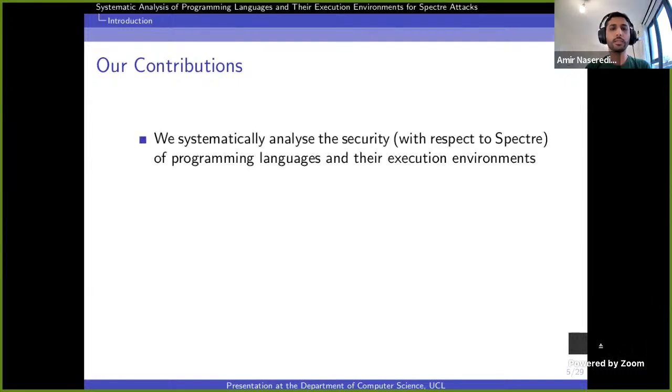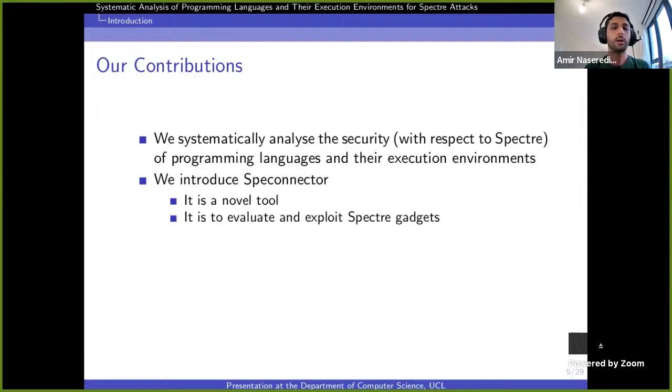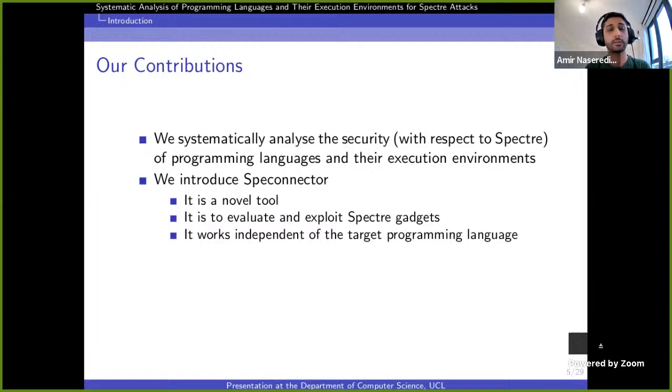What we did was that we analyzed the security of the execution environments against Spectre, and we introduced Speconnector, which is a novel tool. It is there to evaluate and exploit Spectre gadgets, and its main characteristic is that it works independent of the target programming language.